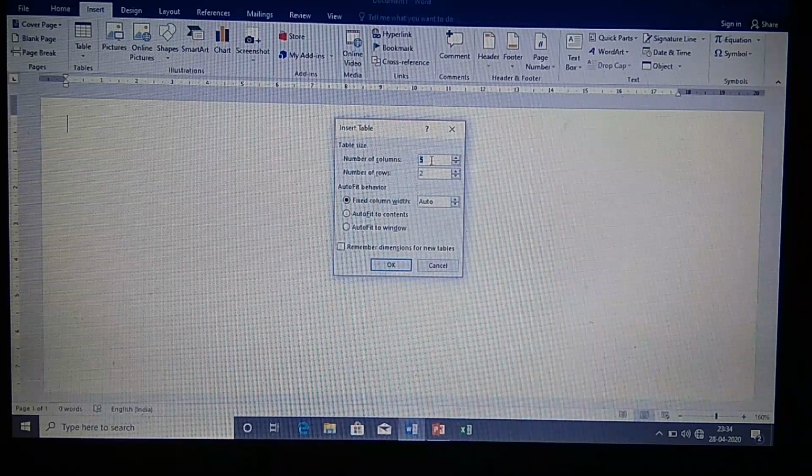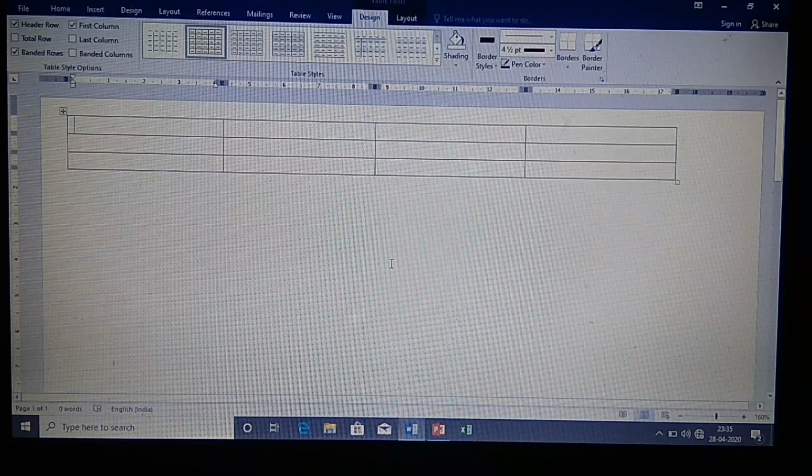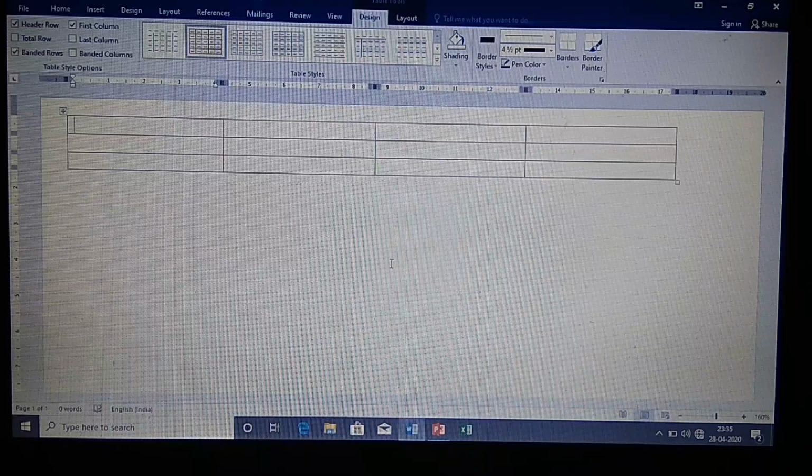Suppose I want 4 columns, you can select by changing the drop down. The number of rows I want is 3. Clicking on OK will give us 4 columns and 3 rows. So a table has been inserted.